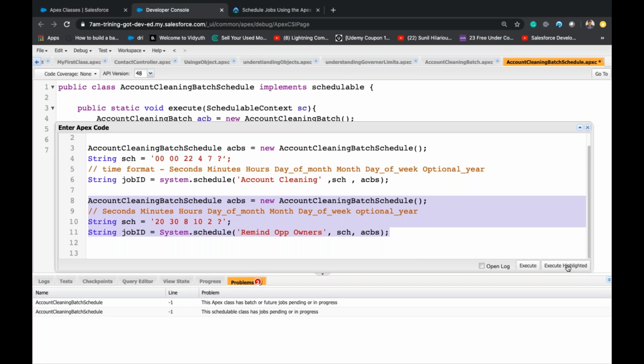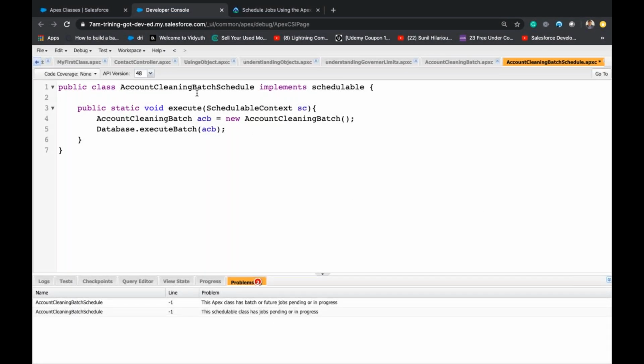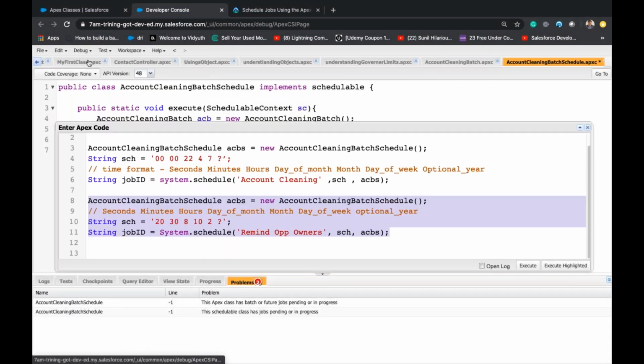Both are very similar, right? I don't know why I got an error. Oh yes, I found it.